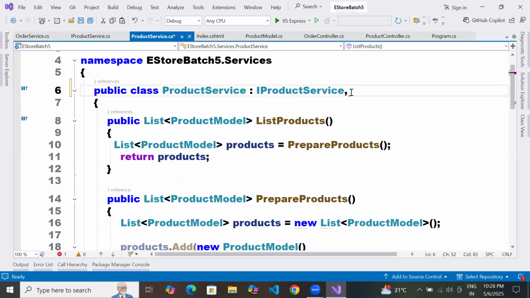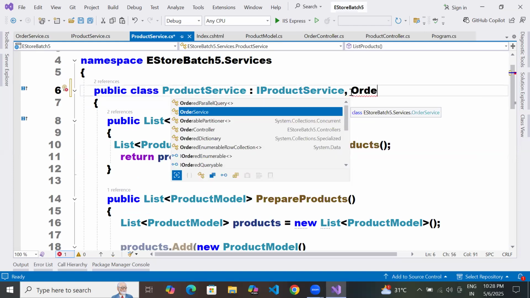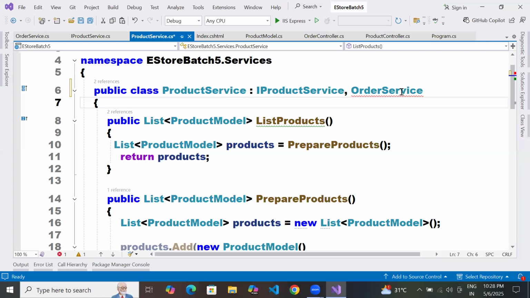Is it possible? It will not allow. The base class must come only before any interface. If you don't have an interface, it will try to create the object for you. Understand my point? You can't have an interface and a class in the same derived class. You can have only one, either an interface or a class. Understand my point?